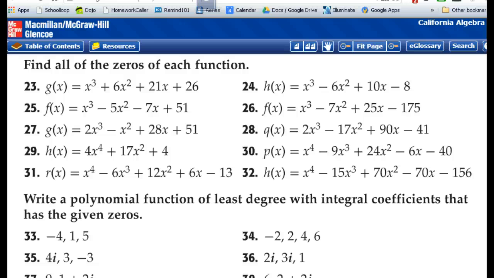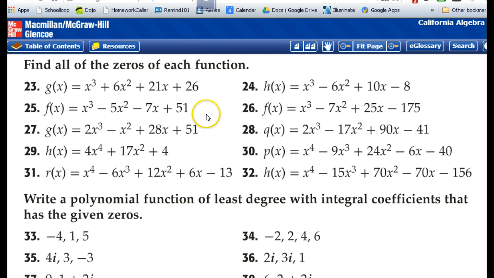What is that one thing that's different? Look at the homework question and look at these. Okay, so some of these have 4 answers because they're x to the 4th. So these last 3 questions have 4